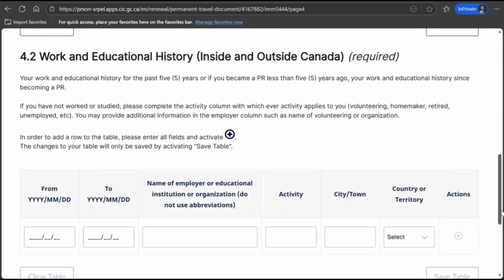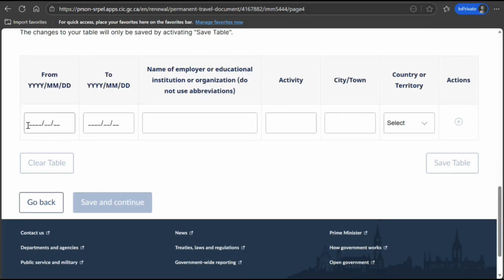Work and education history. Provide work for the past 5 years, or since becoming a PR. Do it as per your own case.